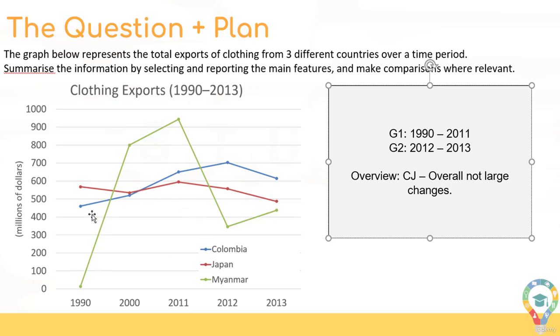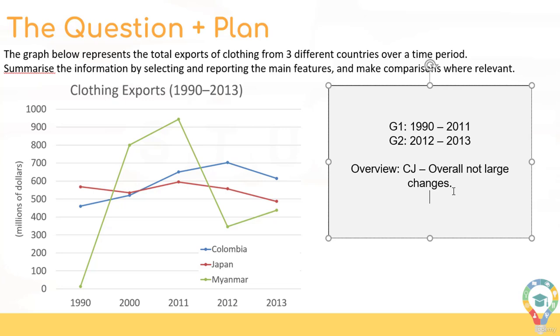Although we can see, for example, with Colombia, there is an increase. It's not quite as pronounced as in Myanmar. Japan very much stays the same, fluctuates at round about 550 million. And then we need to say something for Myanmar. So if I just add an M, and then I can say huge